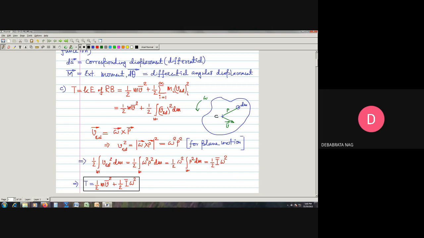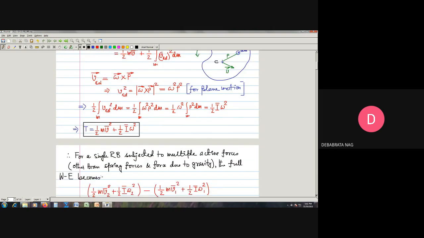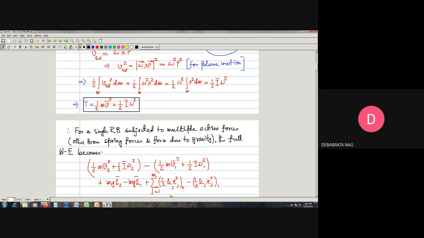So this together, added together, will give me the total kinetic energy, and it can be viewed as the sum of the kinetic energy due to translational motion and the kinetic energy due to rotational motion. So with this background in mind, let us now further consider a single rigid body subjected to multiple active forces, which are of course other than the spring forces and force due to gravity. The full work energy equation that we have already seen is in the form delta T plus delta Vg plus delta V equal to